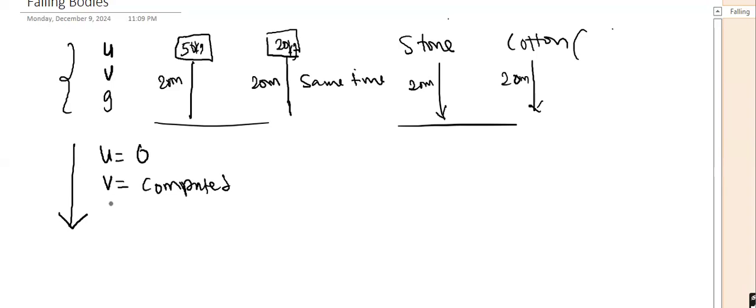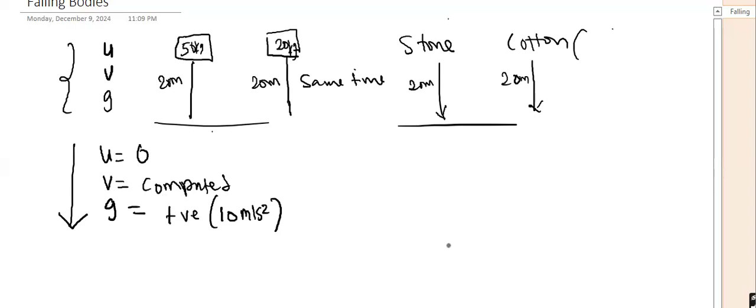Then the acceleration due to gravity, which is g, is going to be positive because it's actually obeying the laws of gravity. And the acceleration due to gravity is approximately 10 meters per second squared. In some books, they use 9.8 meters per second squared. But just for the sake of simplicity, we are making use of 10 meters per second squared. This is what happens to a body that is falling down. Now, these are the tips. These are the things that you need to remember.